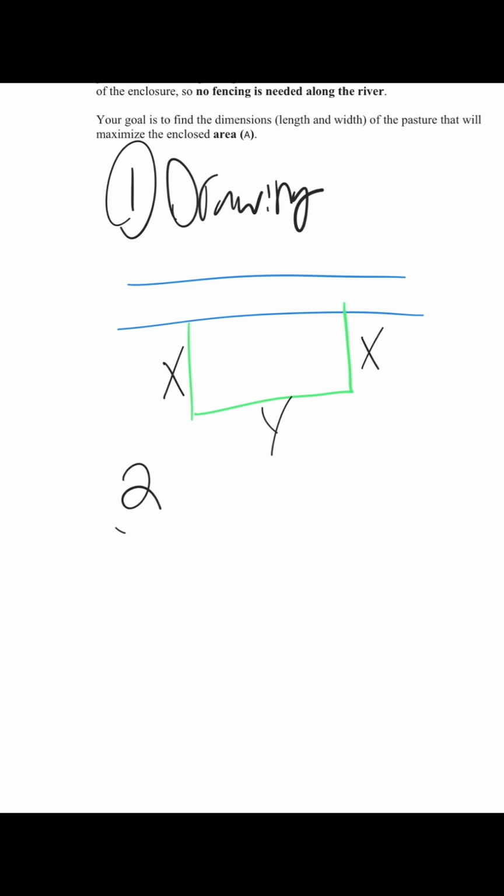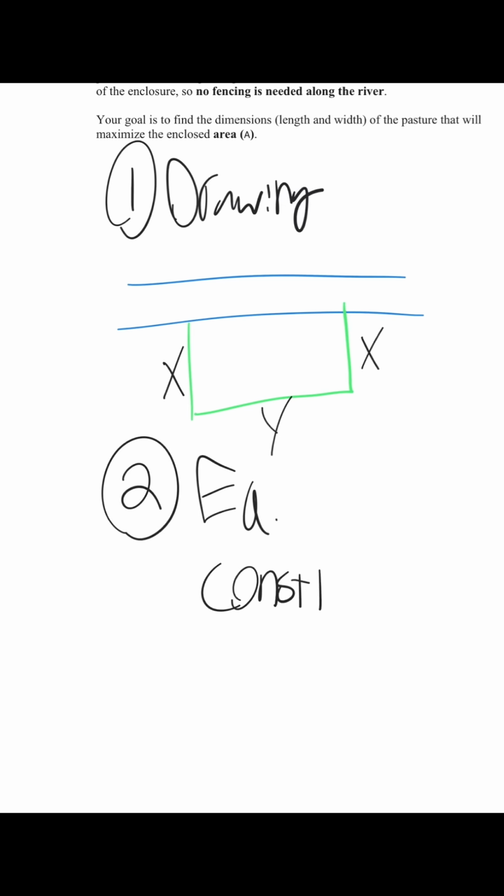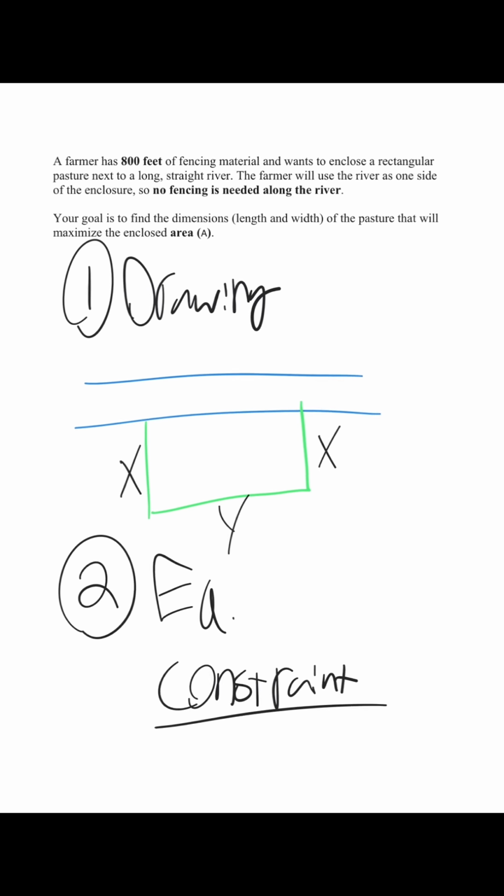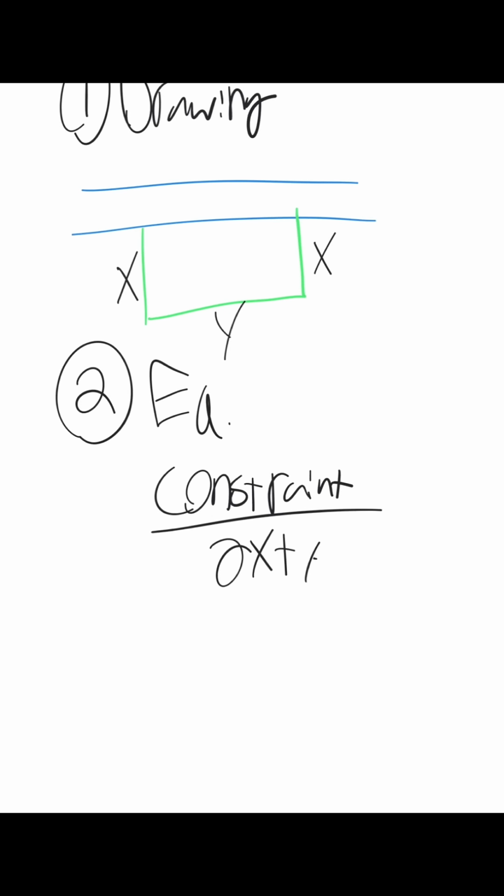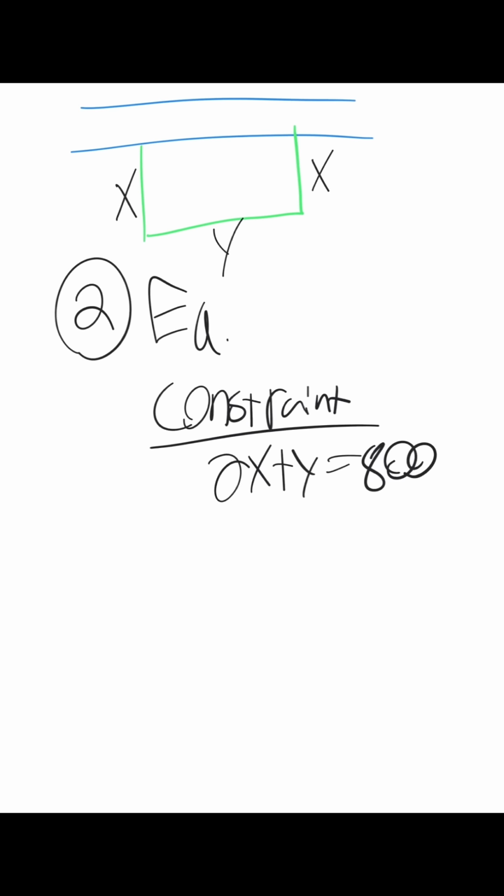And then step number 2 is we want to come up with our equations. Number 1 is the constraint equation. And that constraint equation based on the problem is 2x plus y equals 800. And then our optimization equation